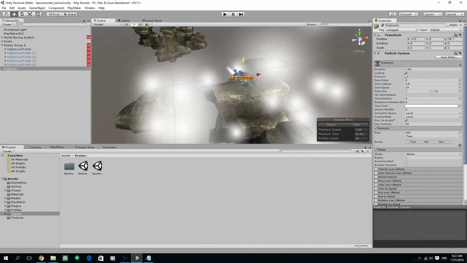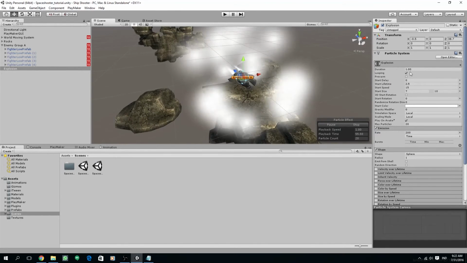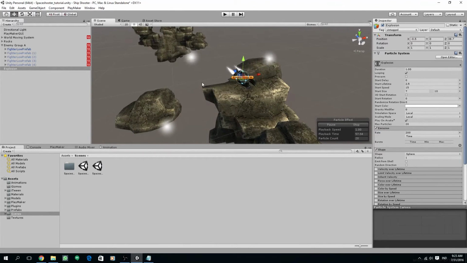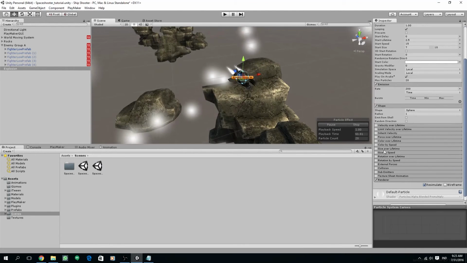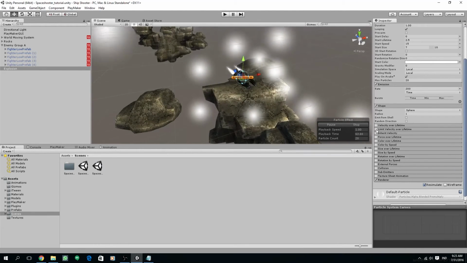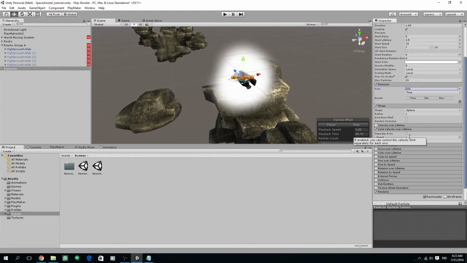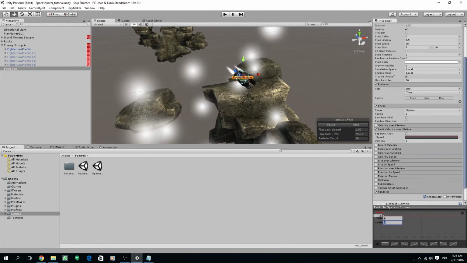And then later we are going to disable looping. Right now we can just keep it on, so we can see the particle as we change the value. So we are going to use a limit velocity over lifetime, and then I'm going to use a curve value for the speed, and here we have a start speed of 15, so I'm going to change the first value here to 15 on the